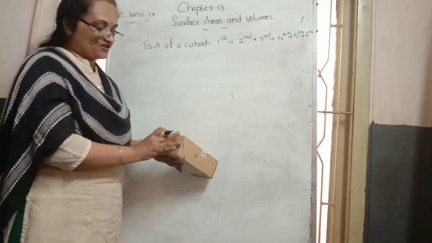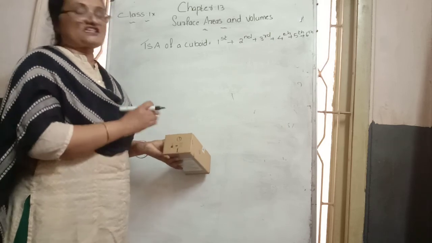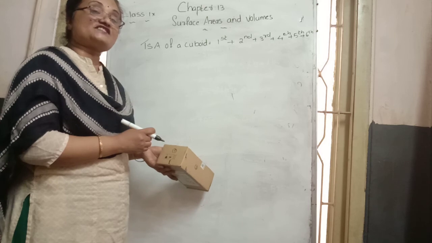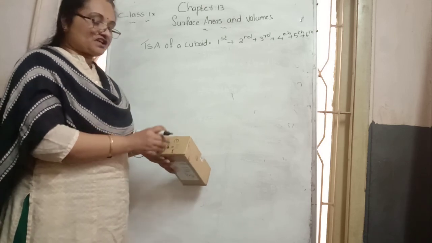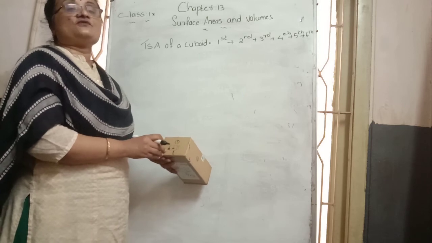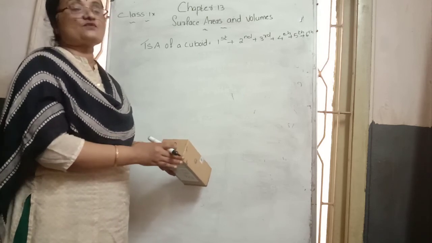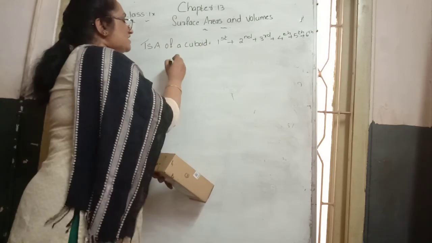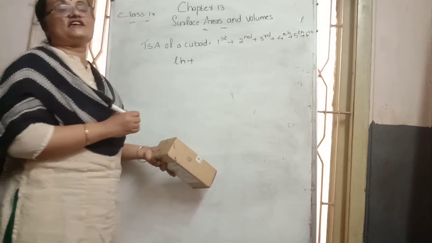With respect to the first phase, in which shape? Rectangle shape. We know the area of a rectangle; what is the formula? Length into breadth is the formula. With respect to the first shape, this part represents the length and the height part represents the breadth. That's why length into breadth in the first rectangle case is L into H.